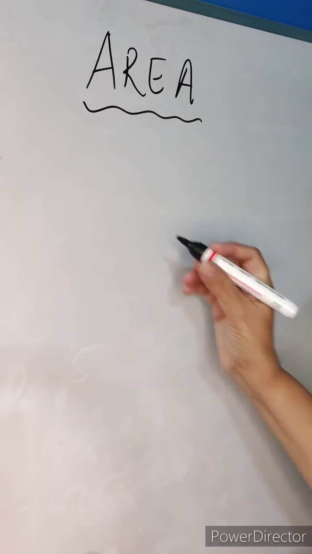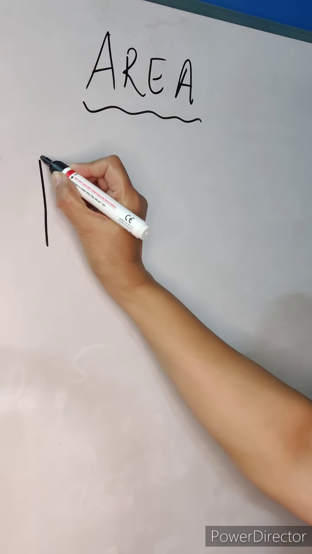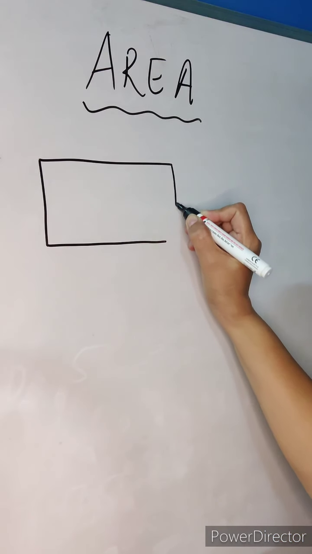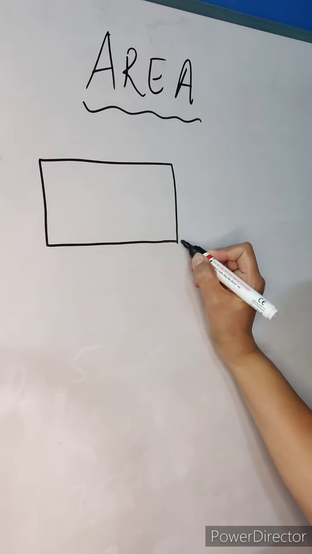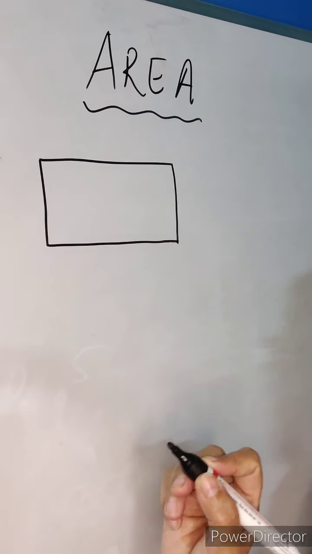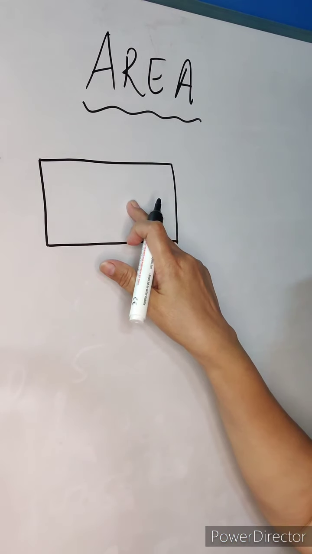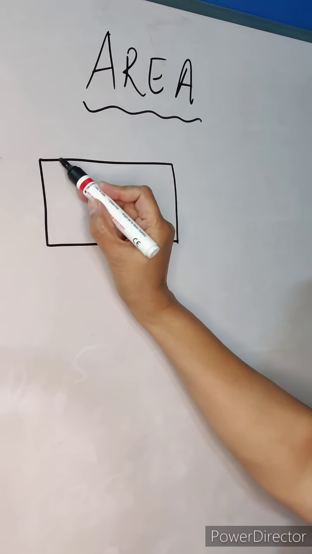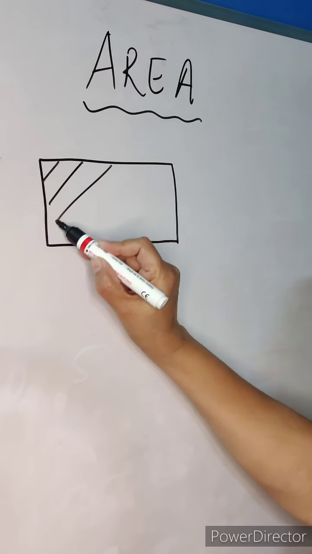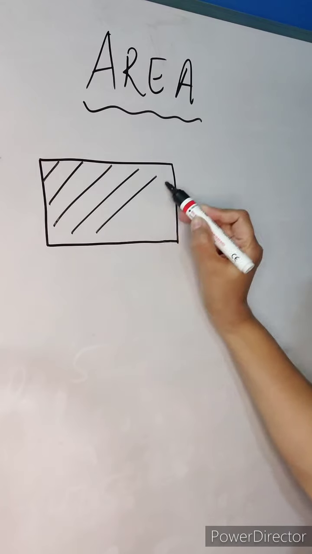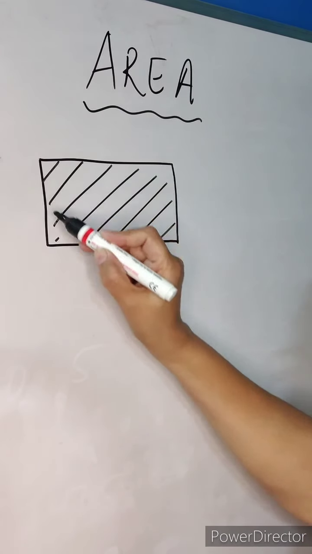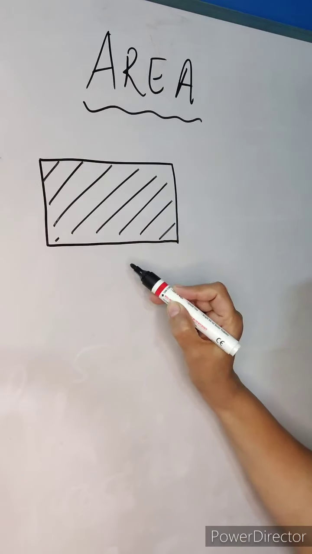Let us take an example. Suppose this is given to us. Do you know which figure is this? Yes, I know all of you know the answer of this. This is a rectangle. So the area is enclosed by the space. ये एक जो figure है हमारे पास. So this space, and this is a closed figure.